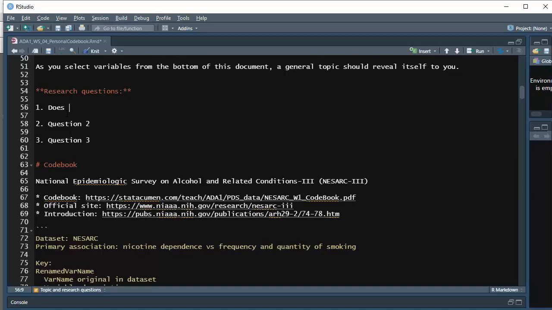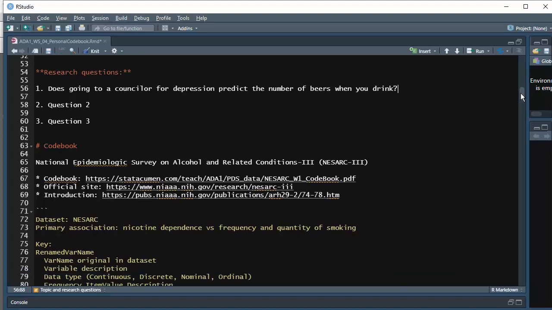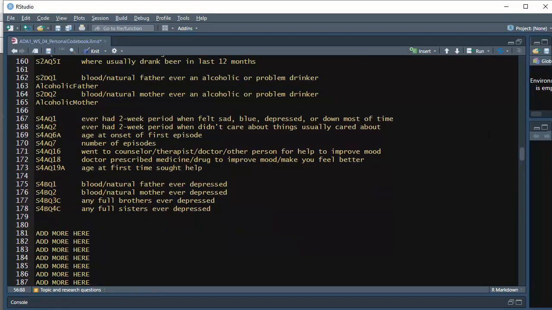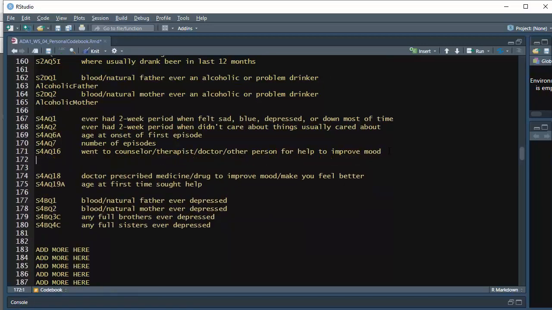So let's maybe phrase it the other direction. Does going to a counselor for depression relate to or predict the number of drinks when you drink? And I'll be more specific, number of beers when you drink. Okay? And if you really want to be really clear about this, you can actually go down and grab the variable name. So counselor, maybe we create a new variable which is depression